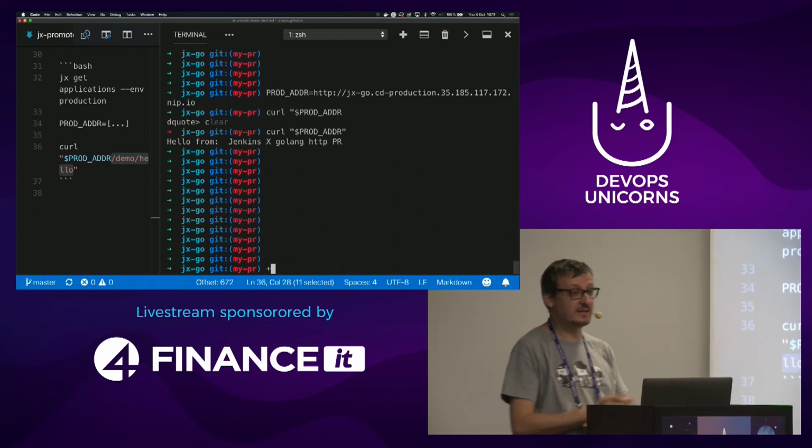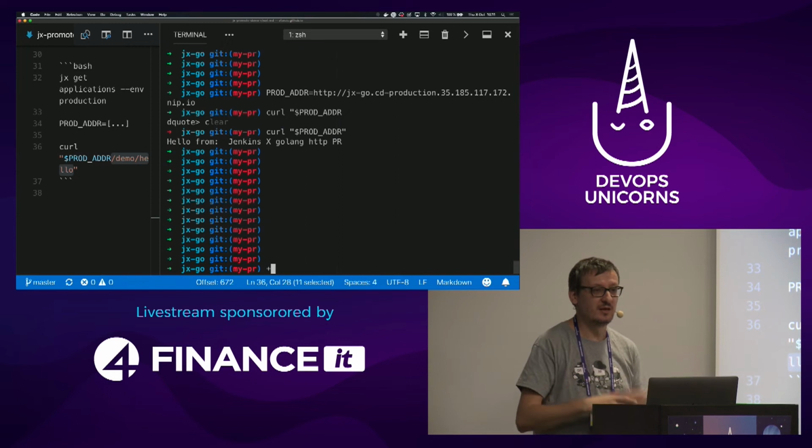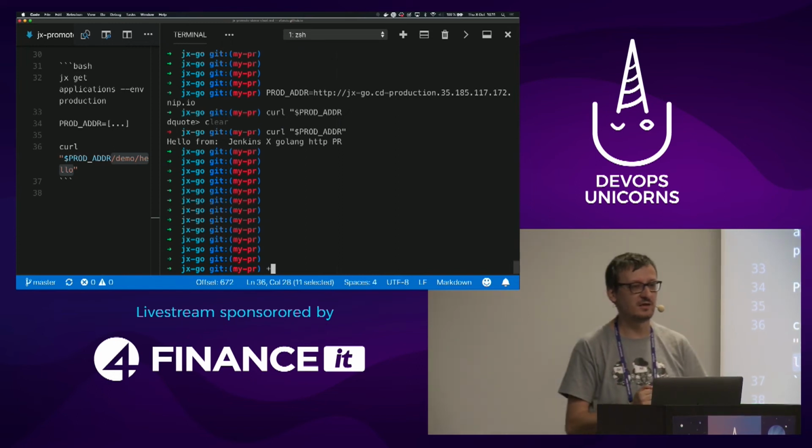So, that's the whole life cycle. All I did was created branches and pushing things to Git. The rest was only to show you how things work in the background. But my only interaction as a developer or whatever I am was with Git and writing code, of course. Nothing else. Okay, that's it.